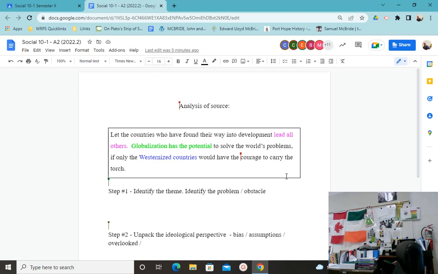what's the but? The but is this part, right? The but is talking about the bias around this. On their own, what? On their own, these Western countries cannot solve the problems. Although the world has problems, and some of them can be traced to the manner in which these Western countries found their way, on their own, they are unlikely to solve the problems.